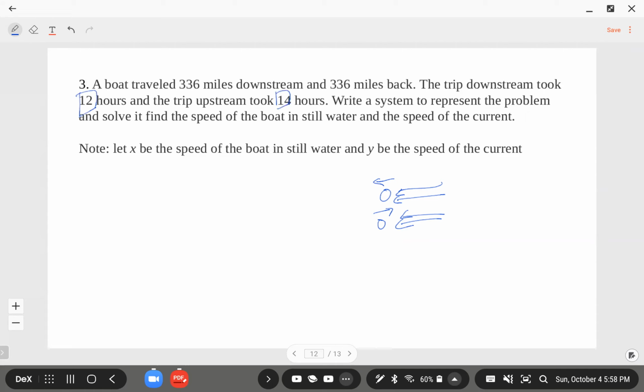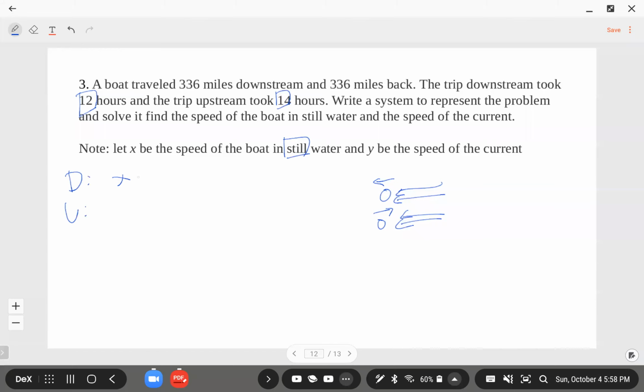Now write a system to represent the problem and solve it to find the speed of the boat in still water and the speed of the current. In still water there's no current at all, just still water. So let x be the speed of the boat in still water. X. So this is the downstream equation, and the other equation will be the upstream equation. Downstream equation, x